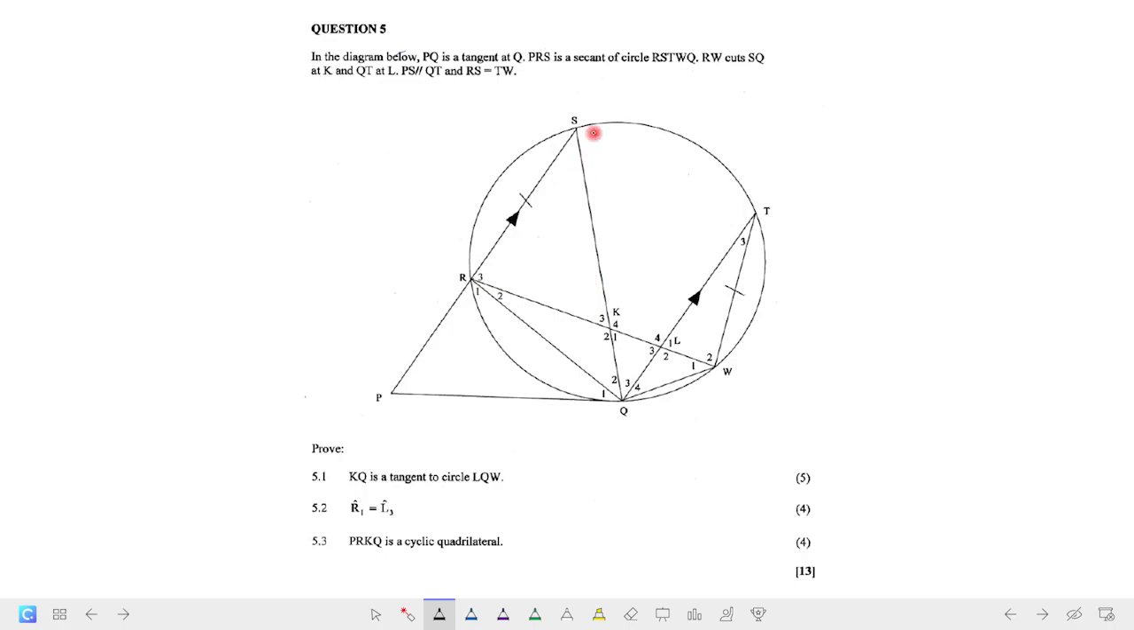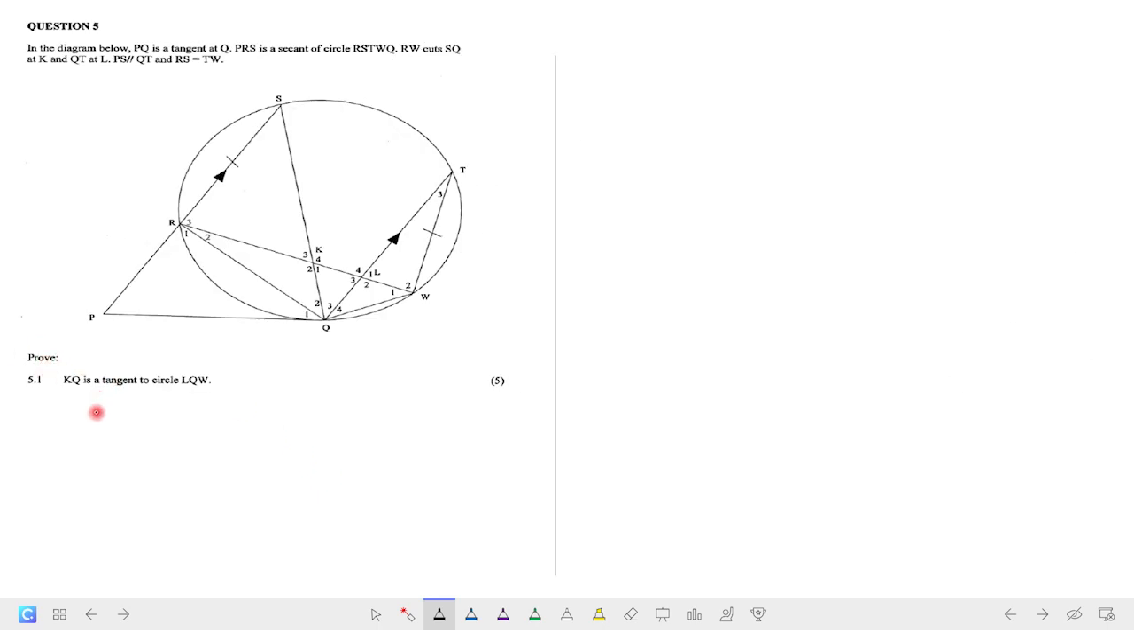Now in the previous video we did basically an overview of how you can find all the angles here. So now in this one we're basically answering the questions that follow. So let's go ahead and do that and start with the first question. The first question says, now let's prove that KQ is tangent to the circle